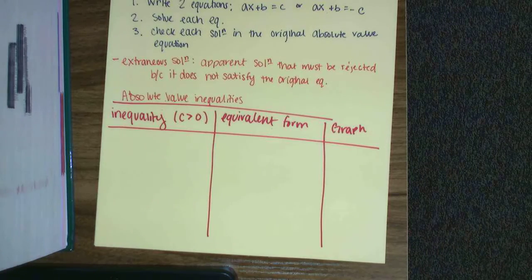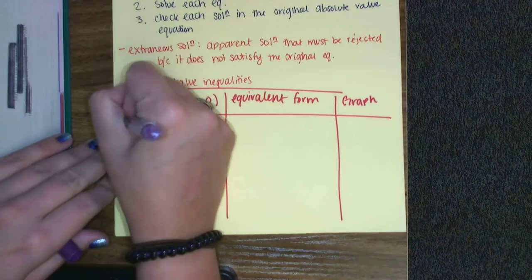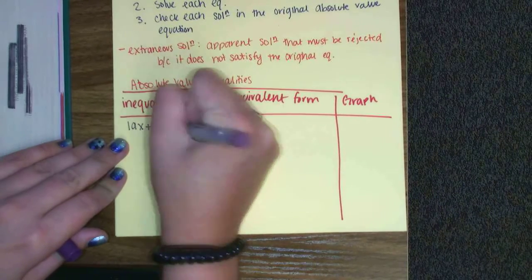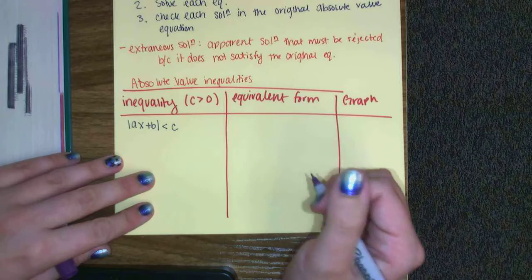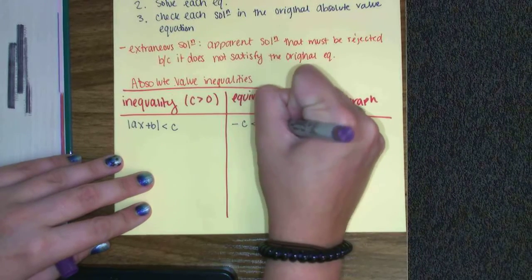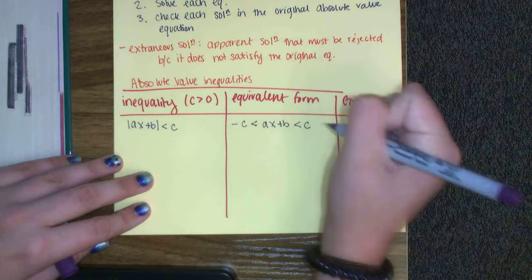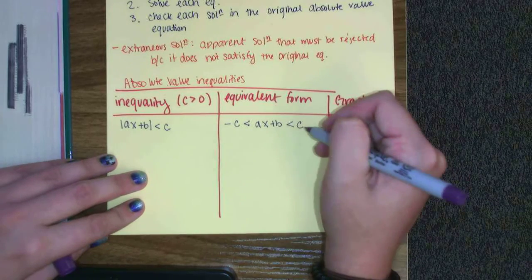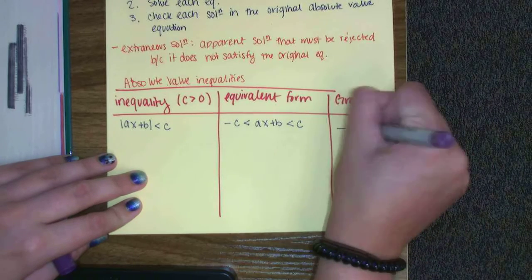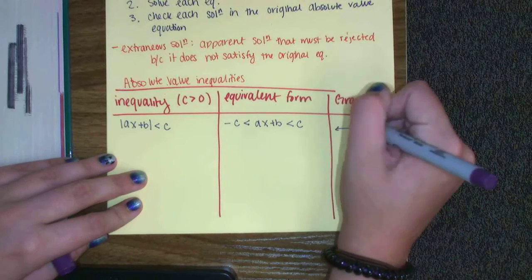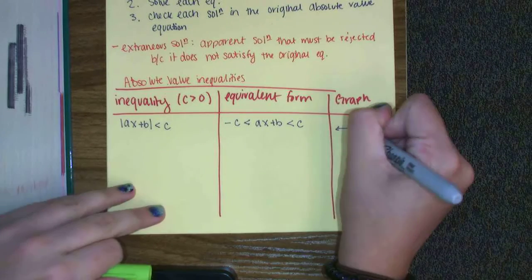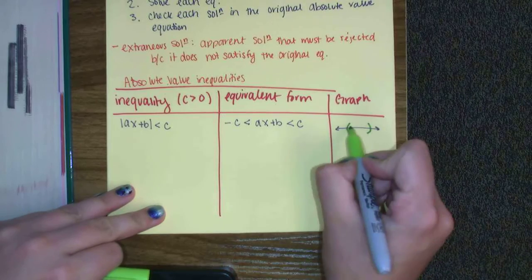So we have the absolute value of ax plus b is less than c. Okay, so this essentially means negative c is less than ax plus b is less than c. So this is an AND type. And then the graph of this one, because it's just less than, is going to be graphed in the middle